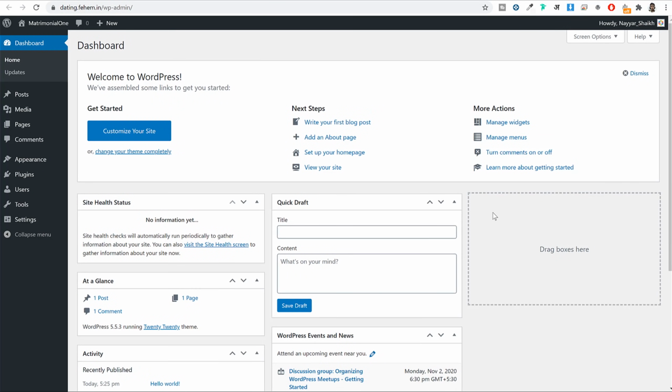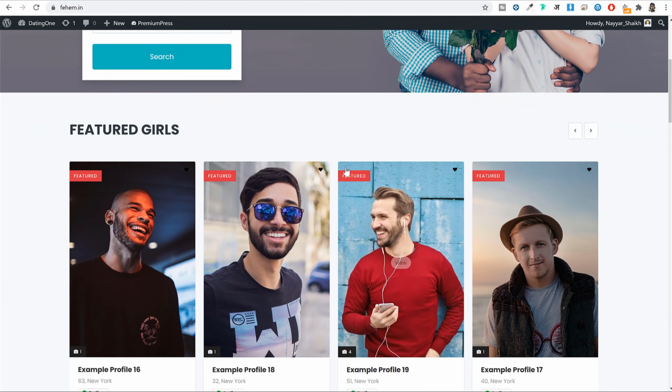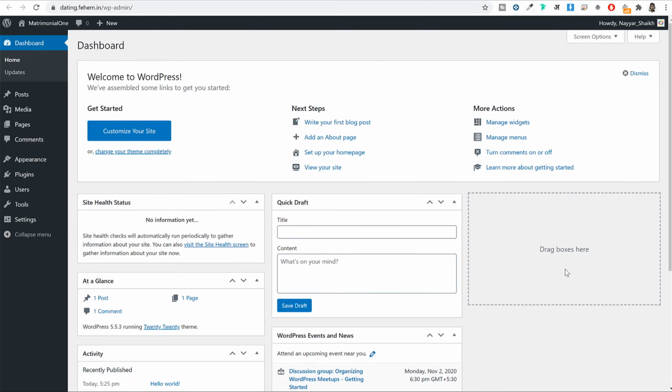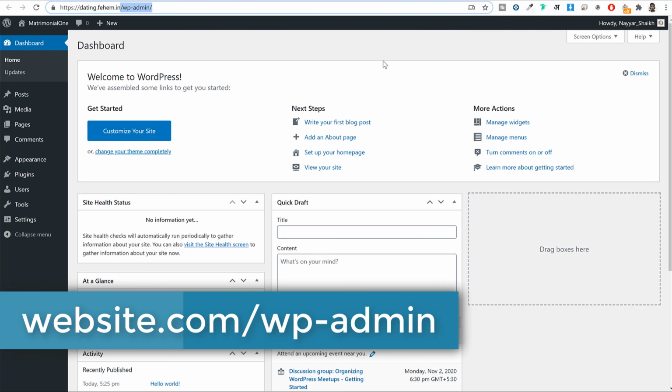Now this dashboard page is the most important page of your website, because from this page you will be controlling your entire website. So whatever you want to do on your website, if you want to change the design, for example, we'll be very soon changing the design from this to something amazing like this. If you want to add any features, if you want to manage comments, manage payments, orders, subscriptions, all these things will be done from this page, from your dashboard page. And whenever you want to come back to your dashboard page, you simply type in your website name and after that put a /wp-admin, and you will land on this page.